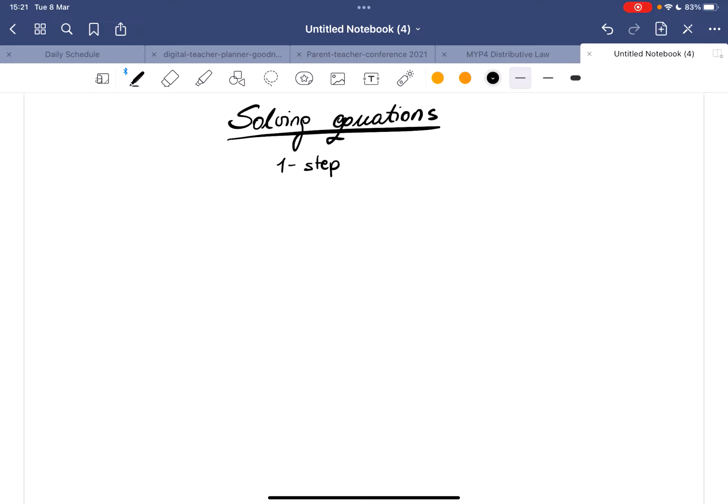Hi guys, today I'm going to show you how to solve one-step equations. So that's the simplest form of equations, and let's have a look at an example. So if, for example, we have 7 is equal to x plus 5. One thing that we need to think of when we're solving equations is that this side